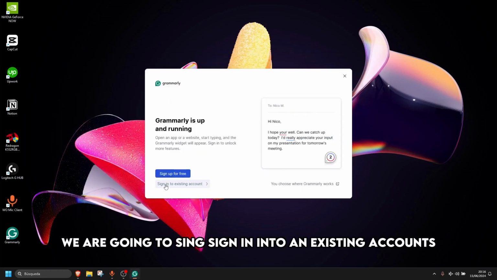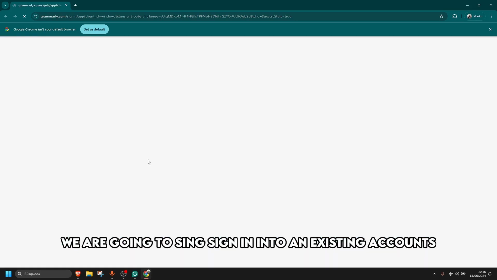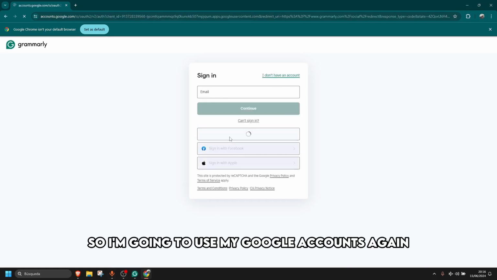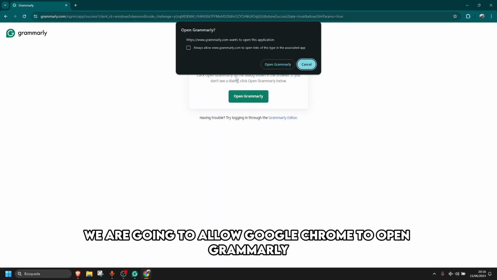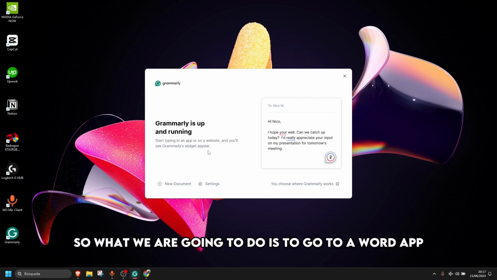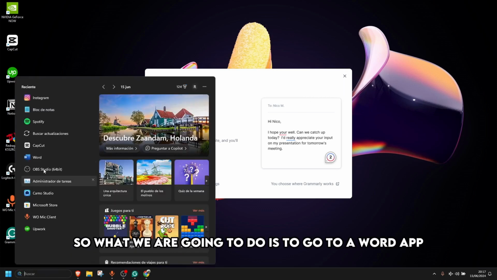So now again we are going to sign in into an existing account. In this case, it takes me to Google Chrome, so I'm going to use my Google. We are going to allow Google Chrome to open Grammarly. Now as you can see, it is going to say that Grammarly is up and running. So what we are going to do is to go to our Word app,